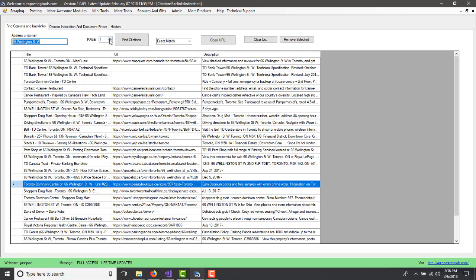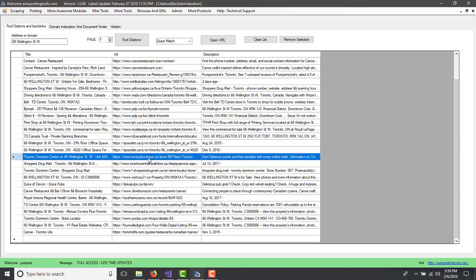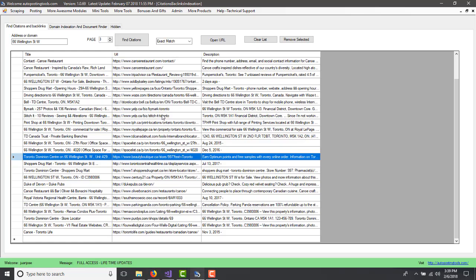So you could keep adding more pages until you get a lot of results, and you basically go and create your own account on all these different sites and create a citation for your business, and that way you can outrank the other people. Also, if you have more competition, then do the same thing and you get more results, you get more backlinks.